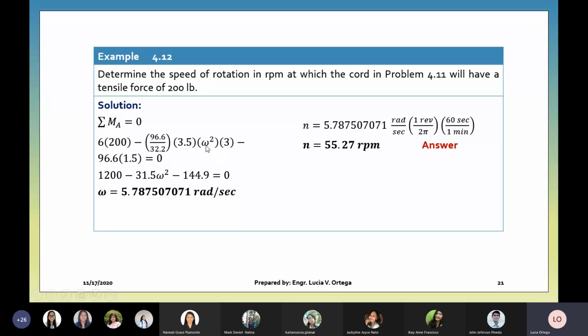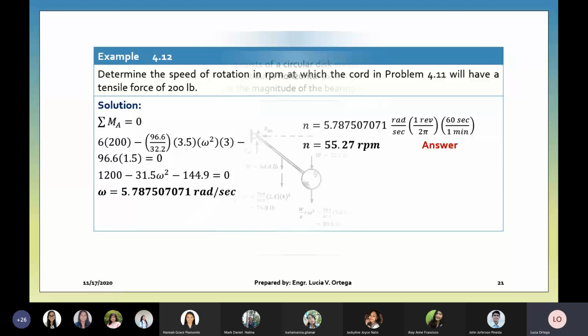So ang ginamit pa rin natin dito yung free body diagram of the previous. However, for the inertia force, omega is unknown. Previously, the inertia force is 168. But since omega is unknown, we use the original given in the problem. Okay? So, alam nyo na yung 3.5 kung saan ang galing.